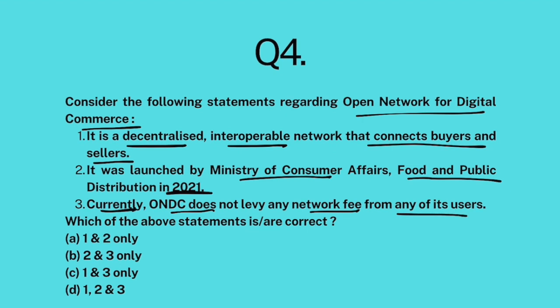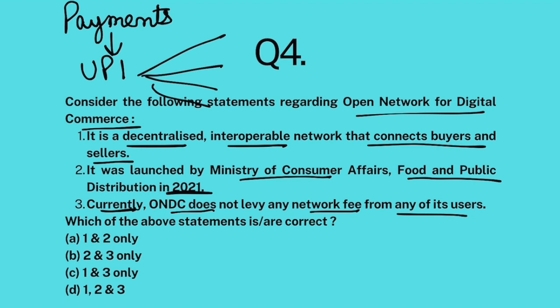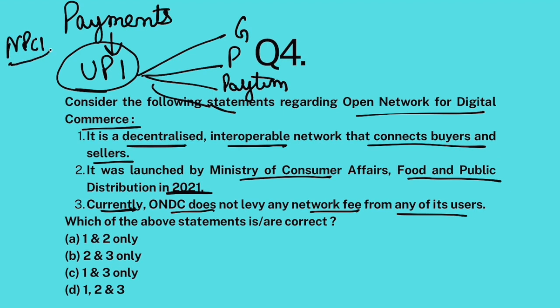So look, to facilitate online payments, the Government of India created UPI. Now, this UPI is used by many apps like Google Pay, PhonePe, Paytm, and many apps for providing payment services. But all of them are using this UPI network that was created by India, especially the National Payments Corporation of India. Through this UPI, the Government of India facilitated digital payments. This brought about a revolution of sorts as far as online payments are concerned.